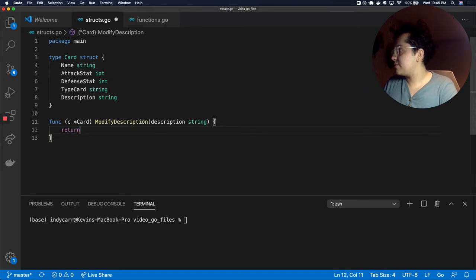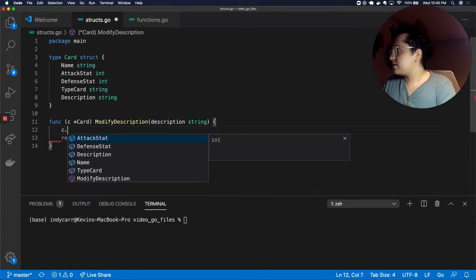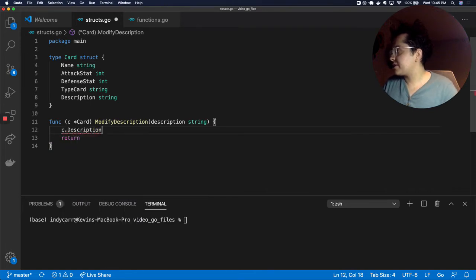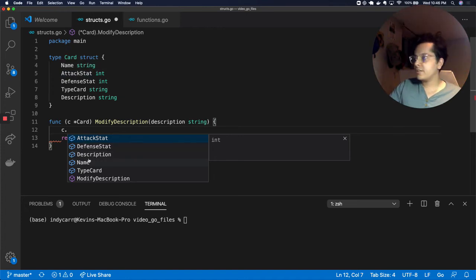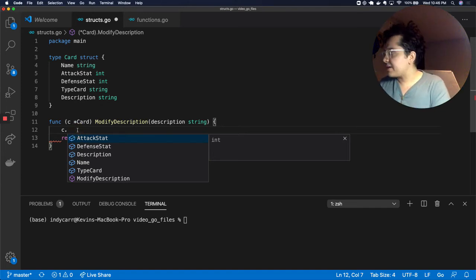Oh wait, let me just change that. c.description. So you can see the dot notation. So I have all these values right here. When I did the dot, you can see all the other values I have: attack stat, defense stat, description, name, type card. So if I wanted to modify that right here, I just do